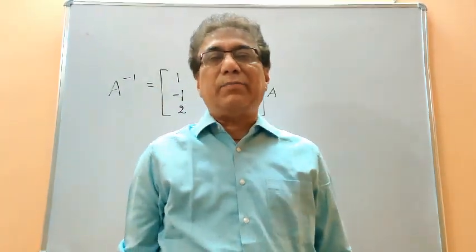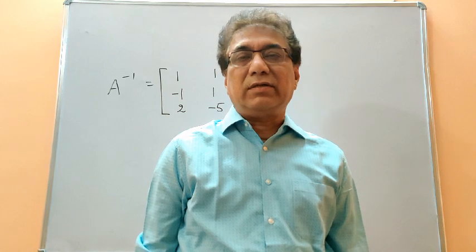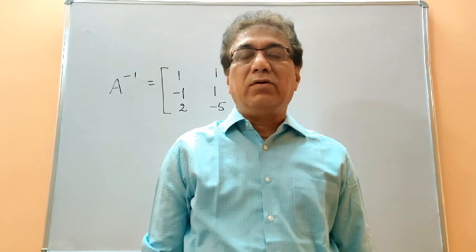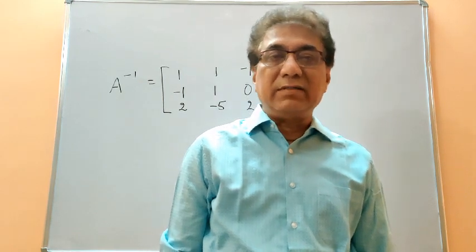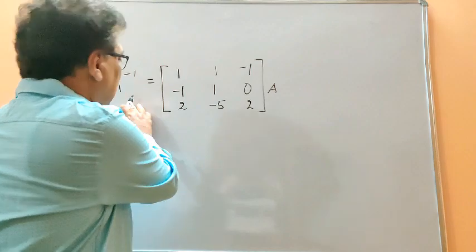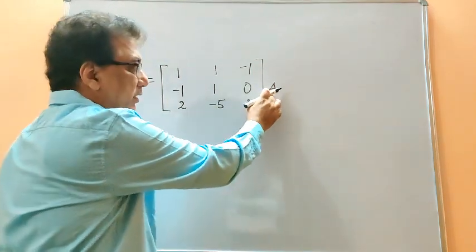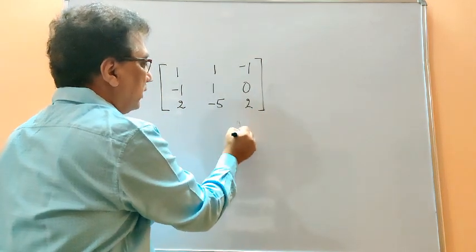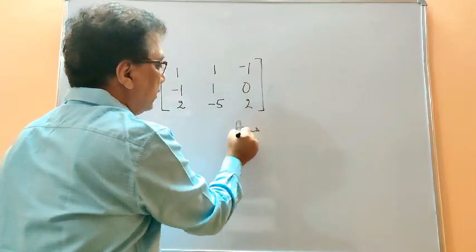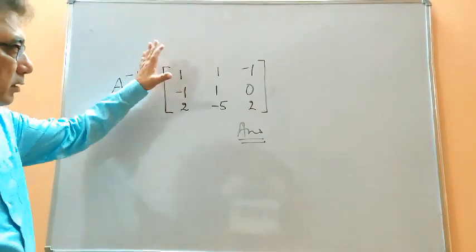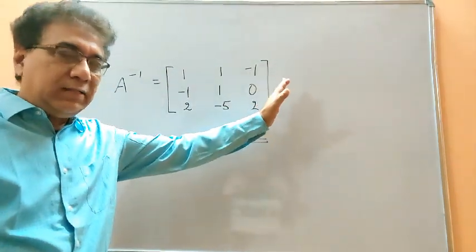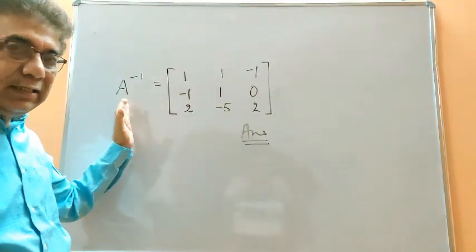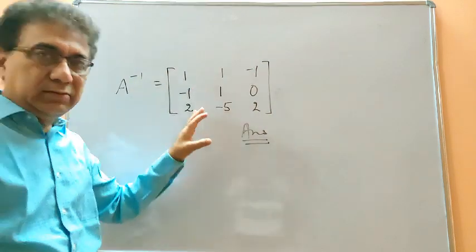Sorry students, I have to come back because there was one mistake in the last line of the result, in which I have written the value of A inverse. With A inverse I have written A also, so it is a mistake here. This A won't be there. So this is your final answer. You must remove that A, because we have just shown that the product of that A and this has given you identity, but the value of A inverse will be only this much. Okay, thank you.